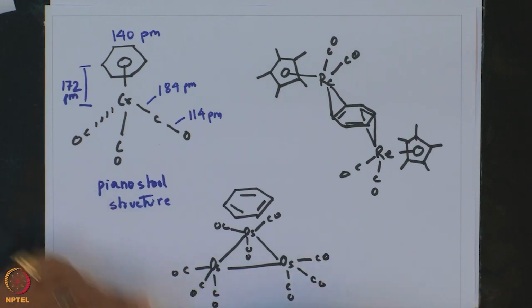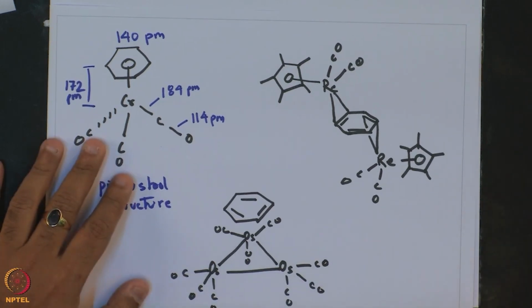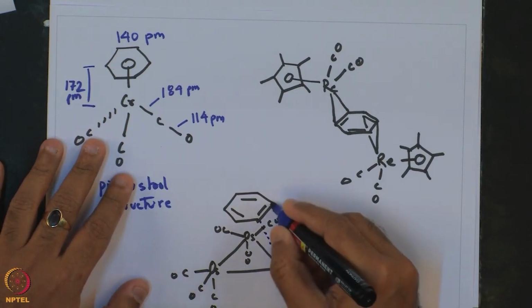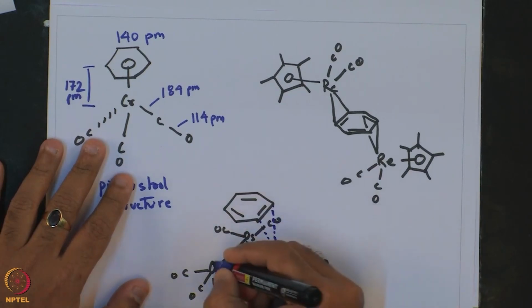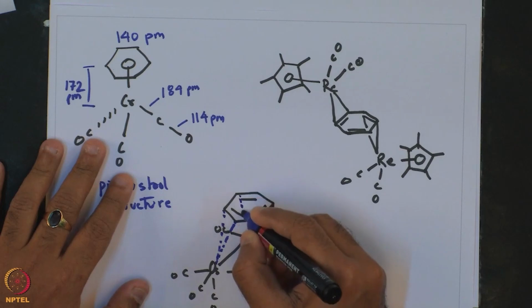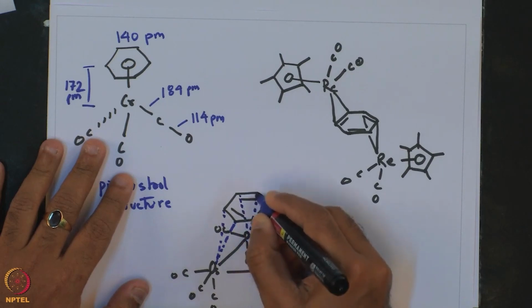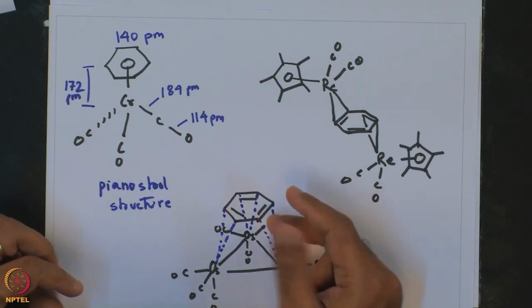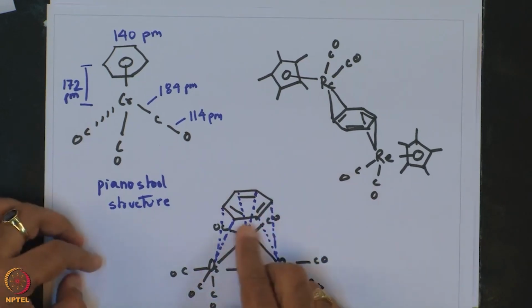And the binding is shown in blue, which is shown over here. So this is a very interesting example, where this arene is bound in an eta 2 fashion to 3 different metal